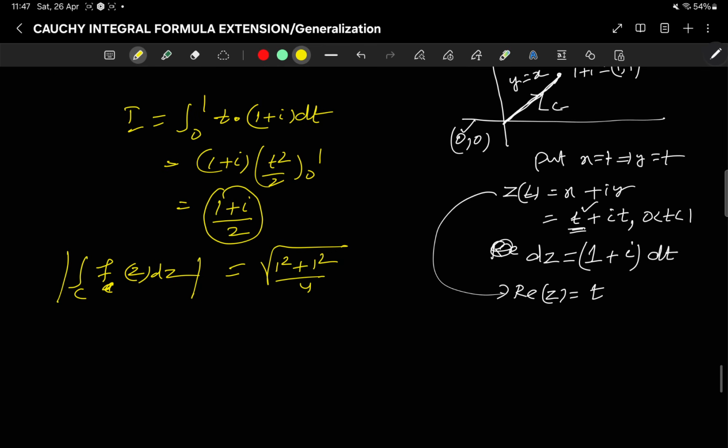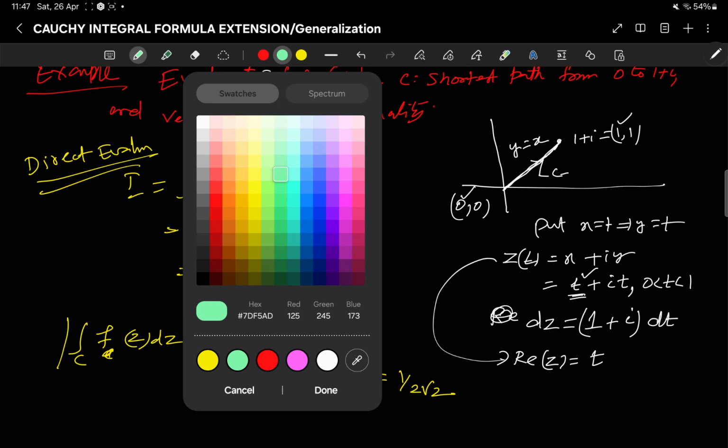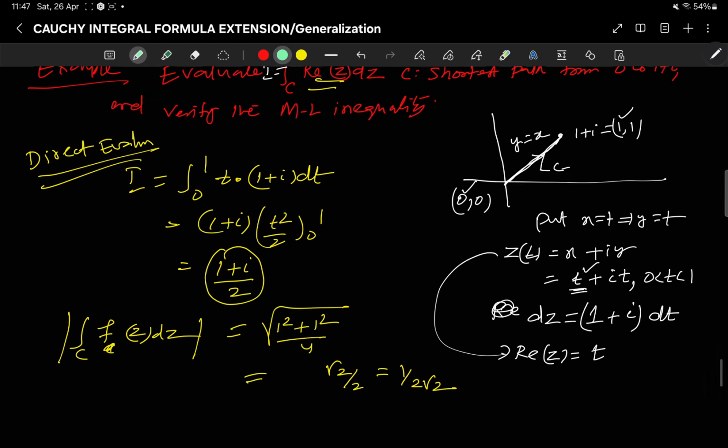Okay, so this is equal to root 2 by 2, which is 1 by 2 root 2, right? So this is your direct evaluation. Now to verify the ML inequality,